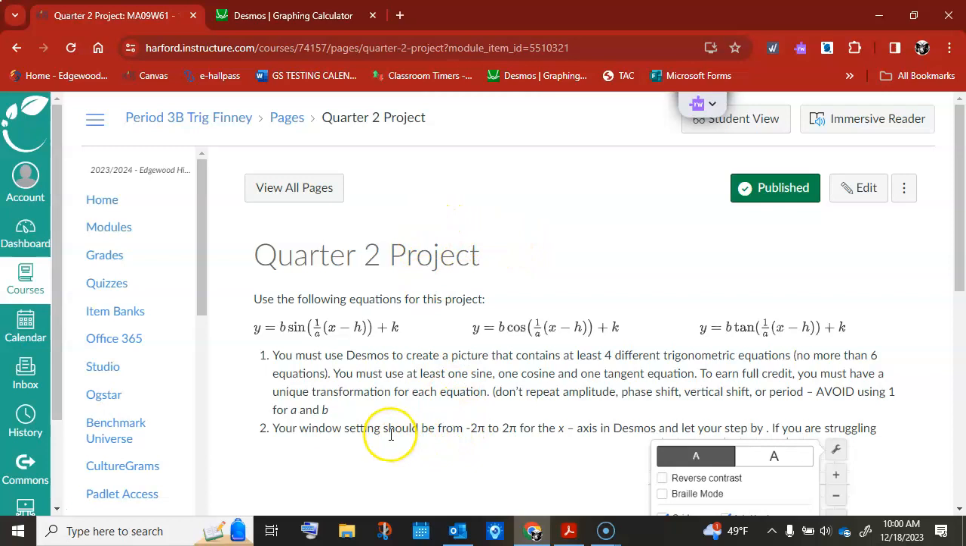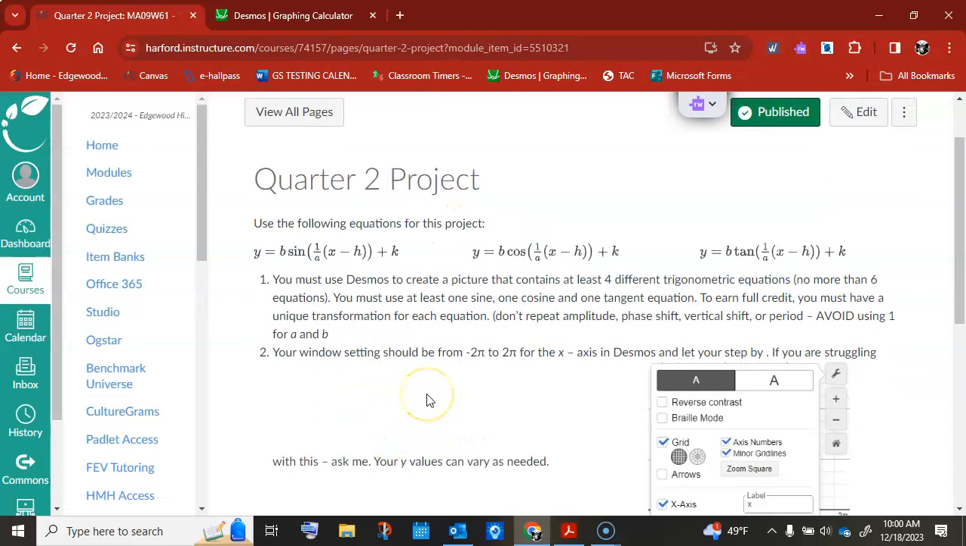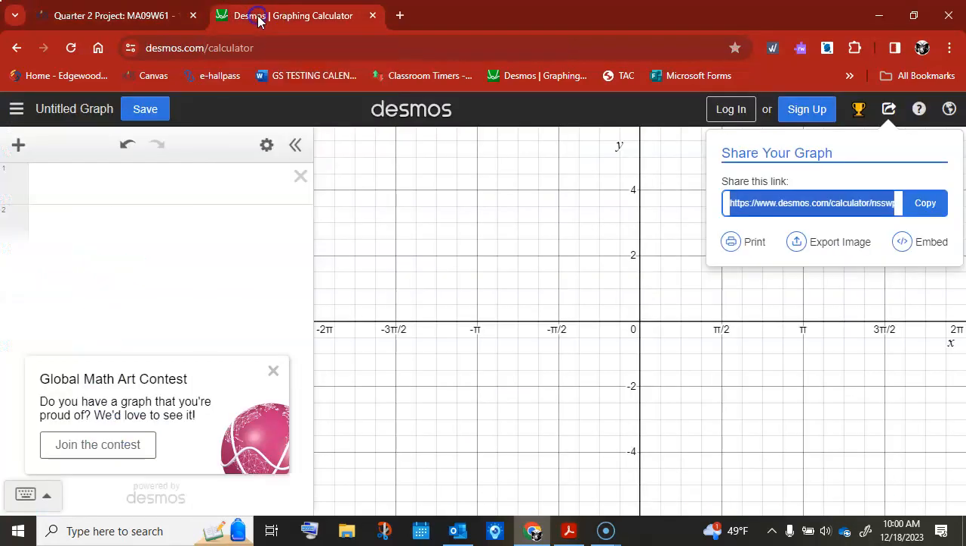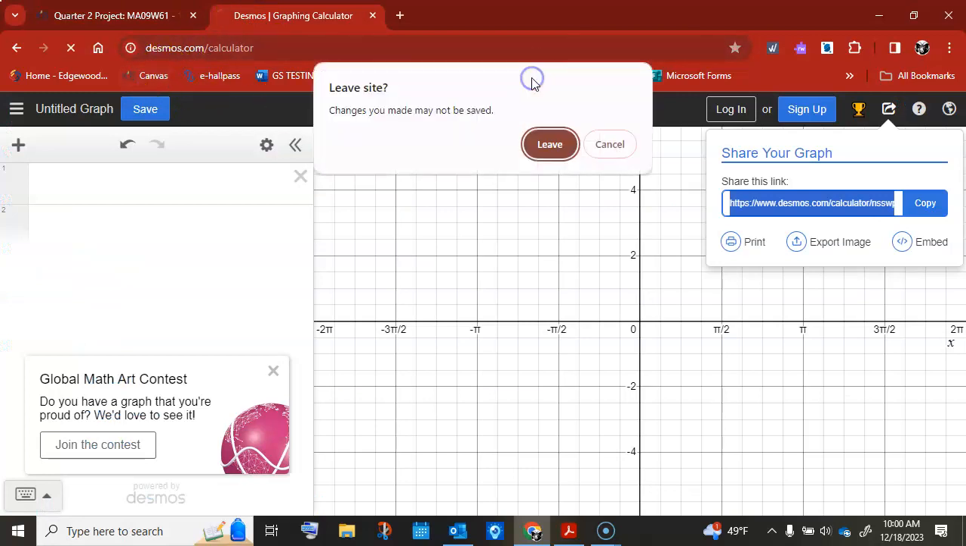So, and then it says your window setting should be from -2 pi to 2 pi for the x-axis in Desmos, and let your step be pi over 2. If you are struggling with this, ask me. Your y values can vary as needed. So what I'm going to show you is how to do that. So we're going to go to Desmos,